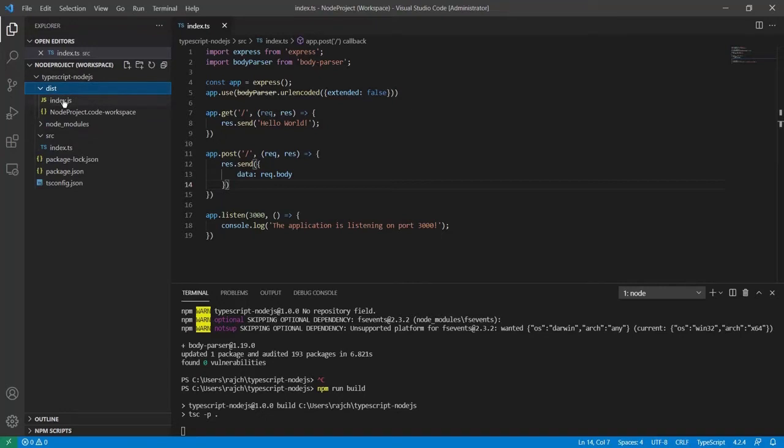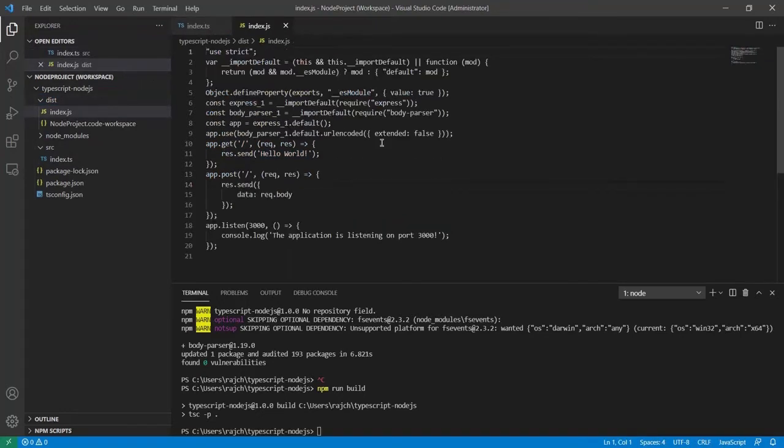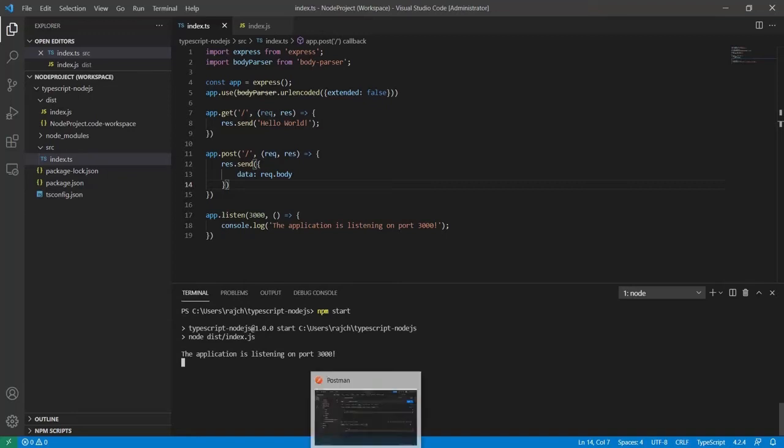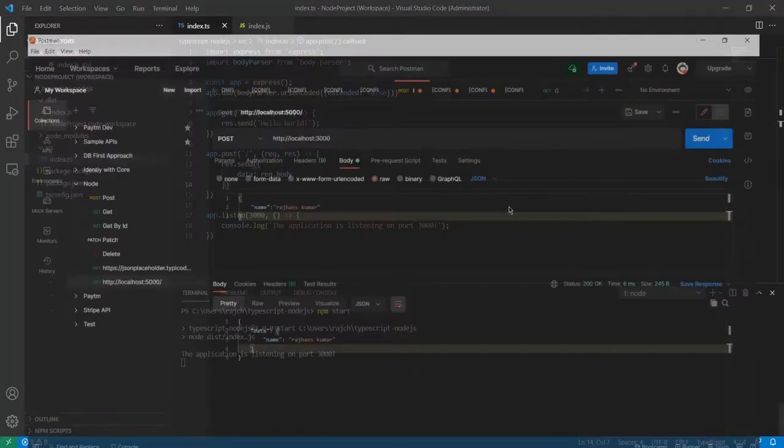You can check here, app.post is now created. Now I will run npm start to run the JavaScript code. Let me hit enter, and you can see our code is running at port 3000.